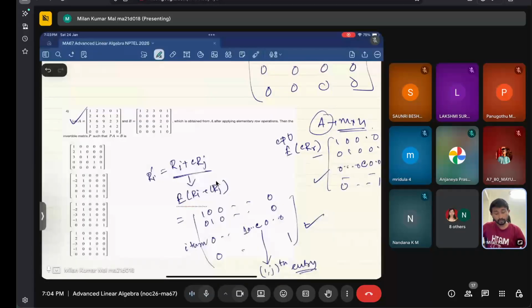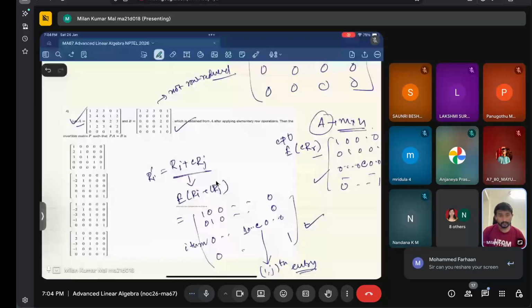Why is B not row reduced? Because this is the leading term of the second row, but all the other terms in that column are non-zero. There are 2, 4, 1, they are non-zero. So this matrix is not row reduced, but that does not matter. You have multiplied A by some elementary matrices from the left hand side so that you get B. So you have to find that matrix P. Here it is asked what is the matrix P such that